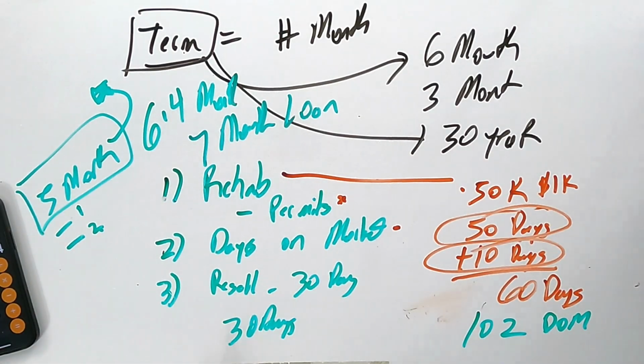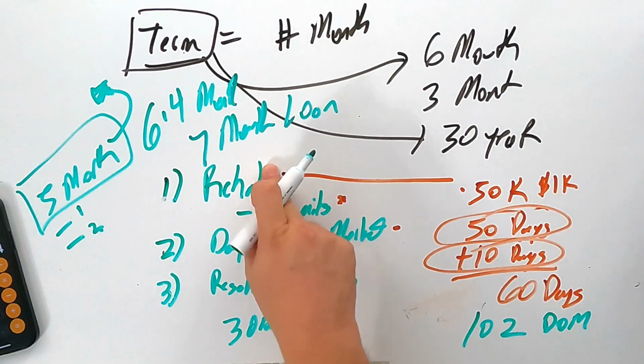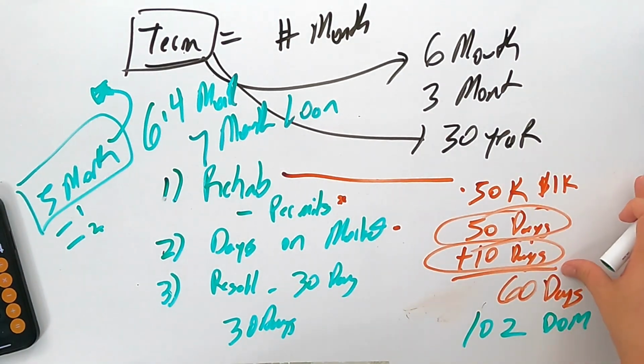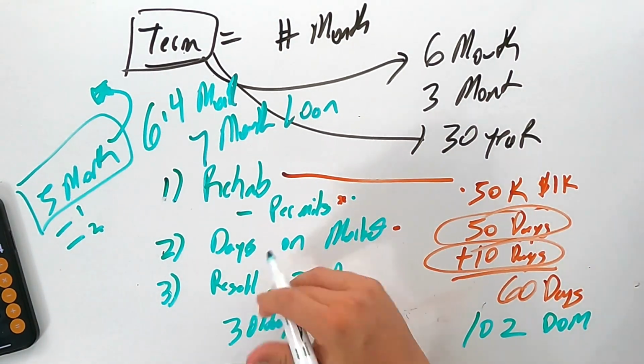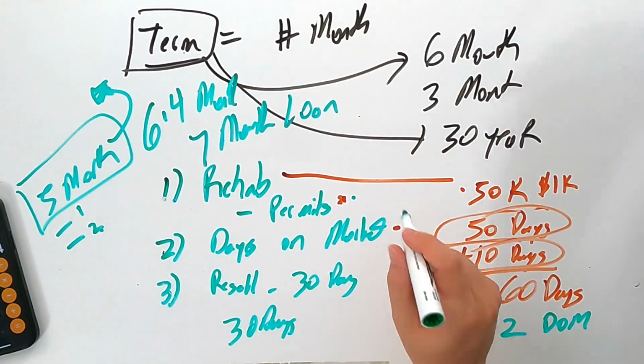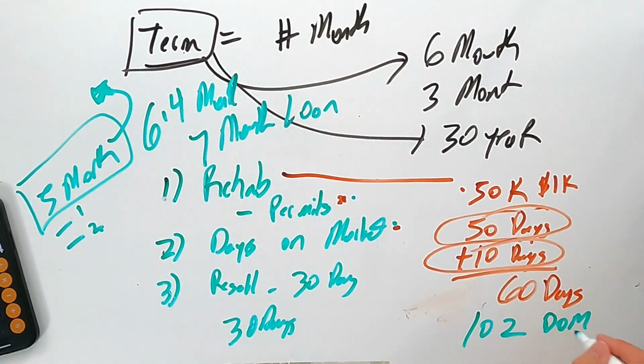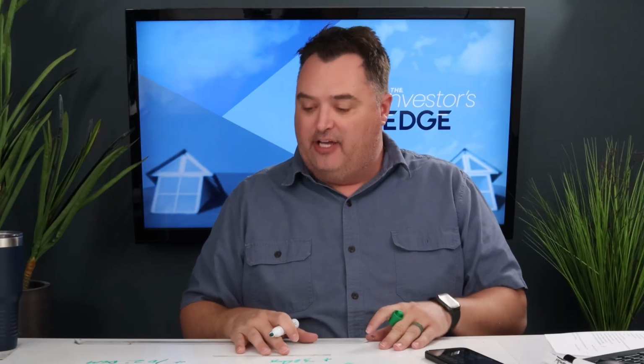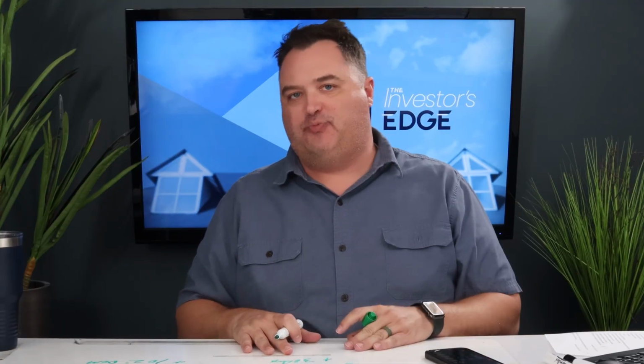But this is the simple way of knowing. How long will your rehab take? $1,000 a day plus 10 days, as long as your permits aren't extended periods of time. Ask the contractor. Days on market, I go and look and say, what's the average days on market for the number of bedrooms that I'm having? And I add that, and I add 30 days. So in just a few seconds, I can find out how long I need to realistically sell this property and have a successful experience. In this case, I'm going to plan on about 7 months as the term I'm going to want to be going for.